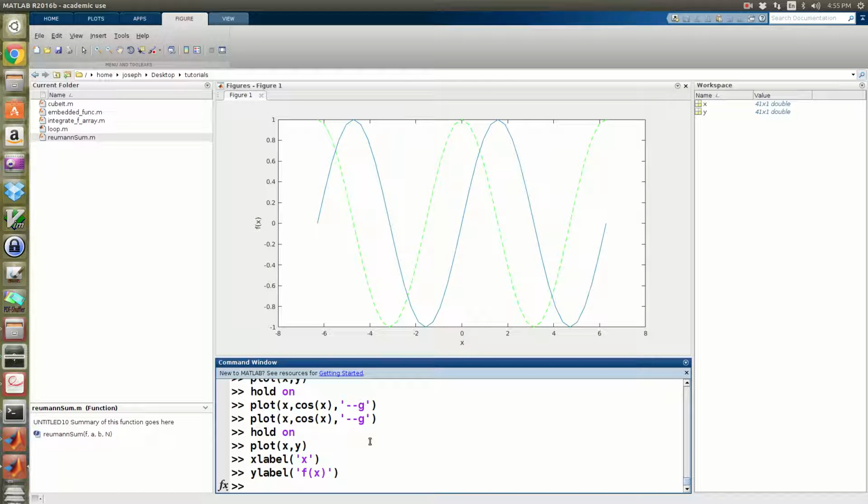And then I will put in a legend. I'll call the first one cosine of x, right? The second one was sine of x. And that should give me a nice little legend. So you see here, cosine of x is the green dashed line and sine of x is the solid line. There we go. So that's just a way to make a simple